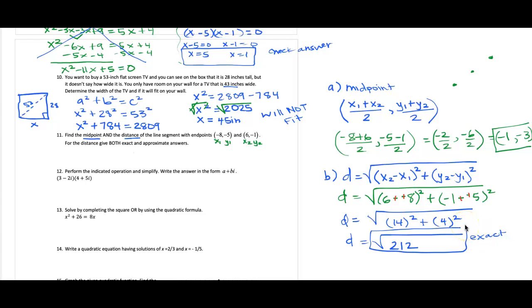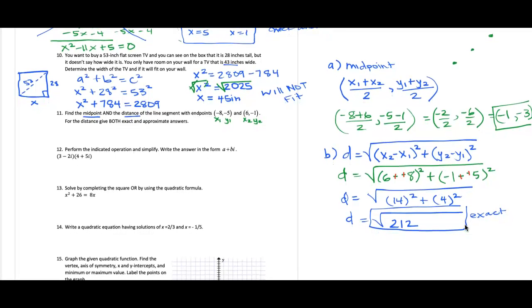But if somebody asked you the distance of something and you said, oh, the distance from here to there is square root of 212, they'd look at you like you're crazy, right? So that's why we use approximations on this. So you'd want to put it into your calculator. Square root of 212,